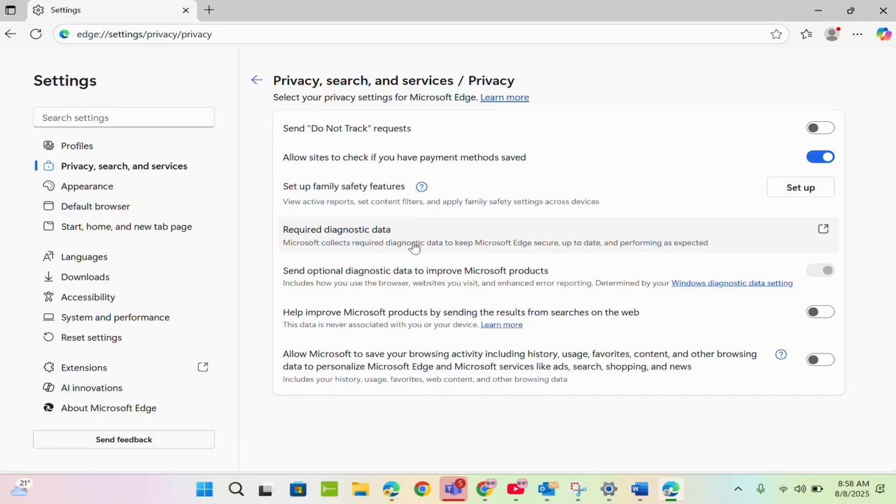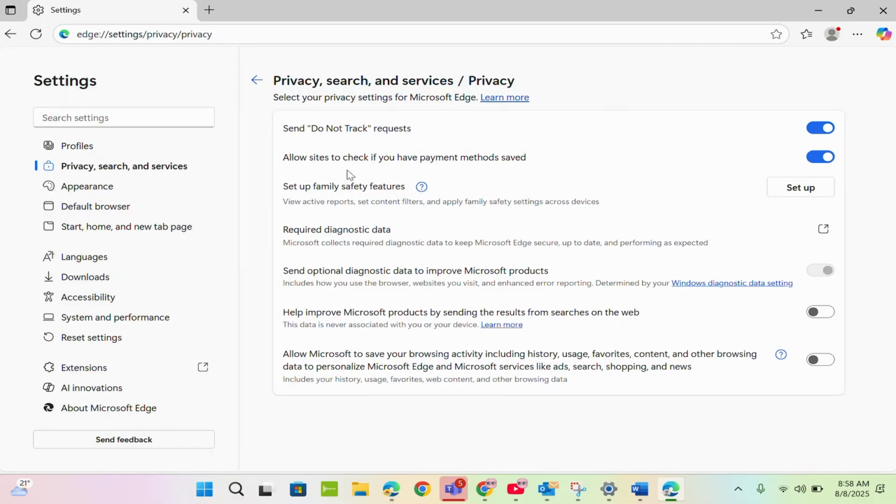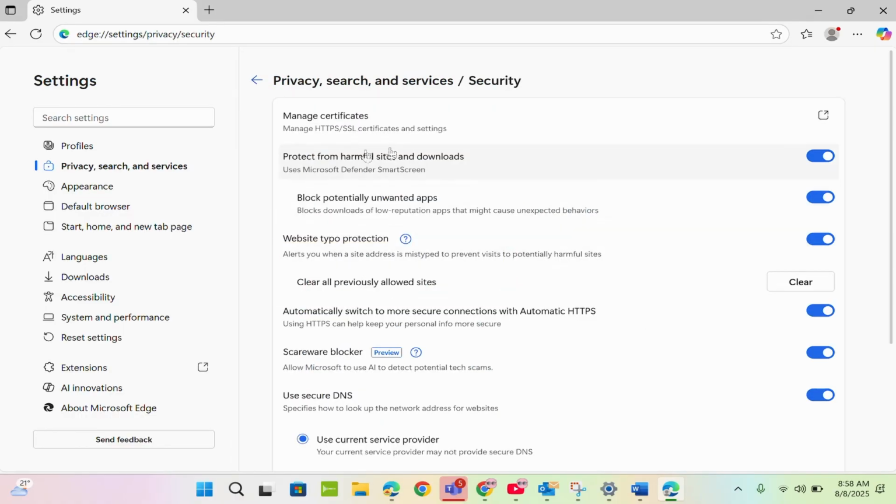and then here you can toggle on the Send Do Not Track request. And then you can toggle off Allow sites to check if you have payment methods saved. You can toggle it all off, and then come back again, and then go to Security,